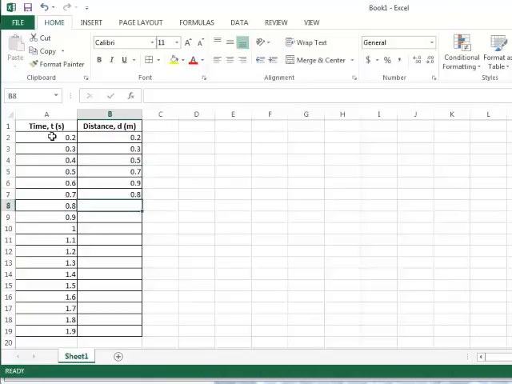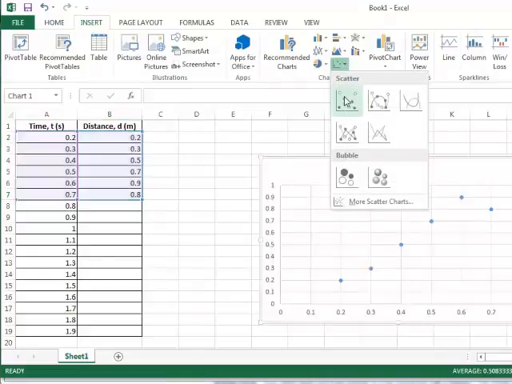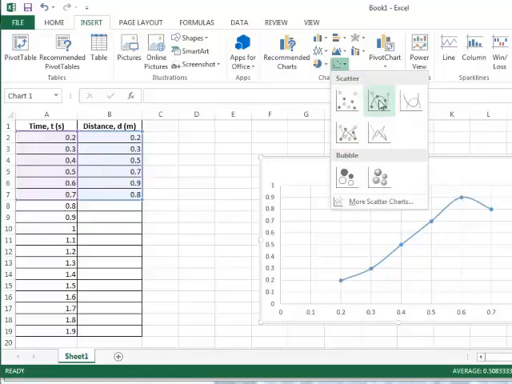Okay. How you're going to make a plot is you're going to highlight the ones of interest. You're going to hit insert, come over here, and there's charts. And what we always want to do is always use a scatter. And I would always suggest the dots and the curved line to fit it, or even a line like this.